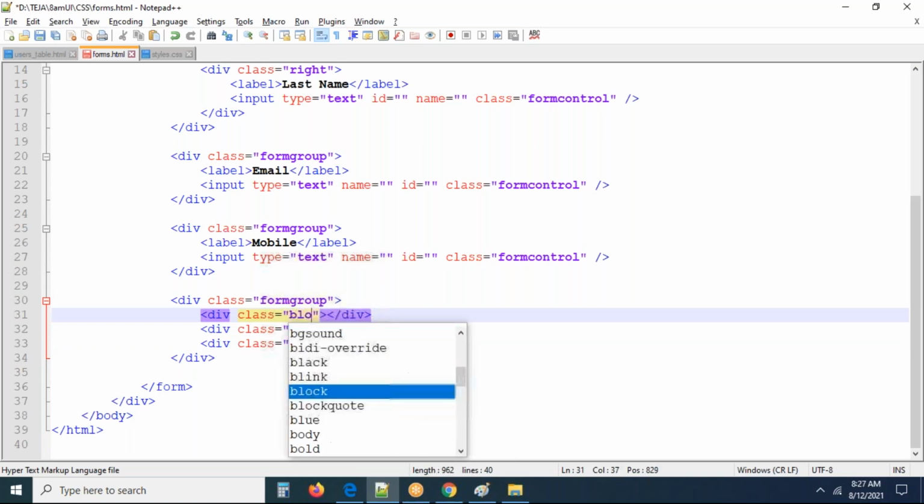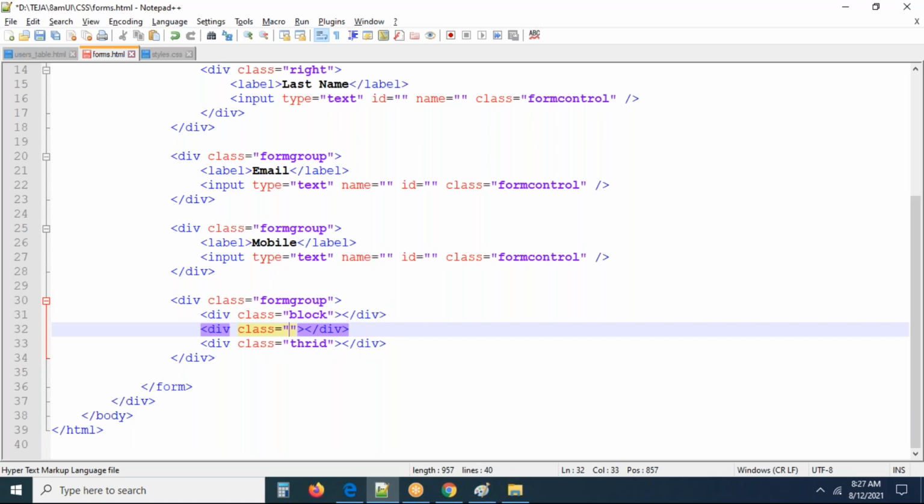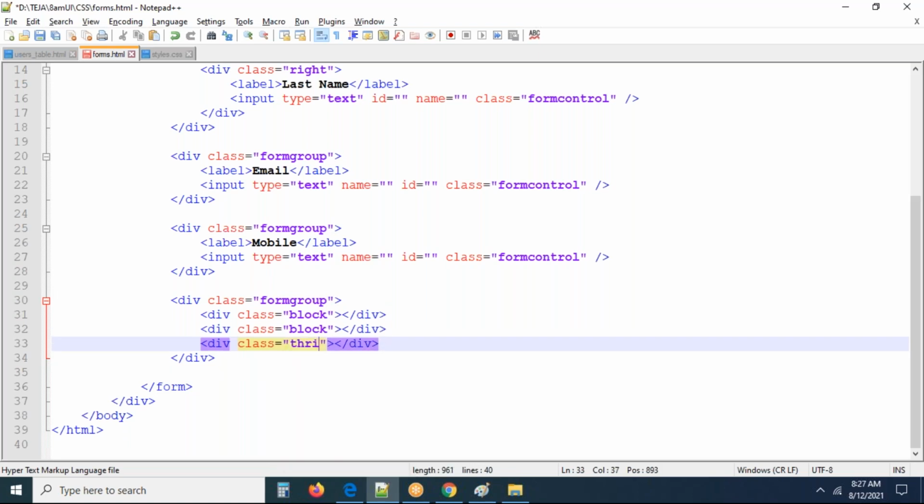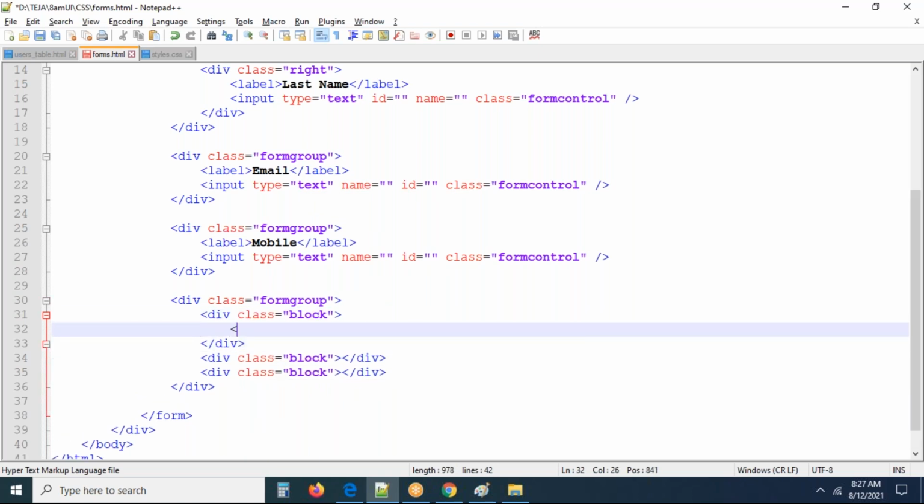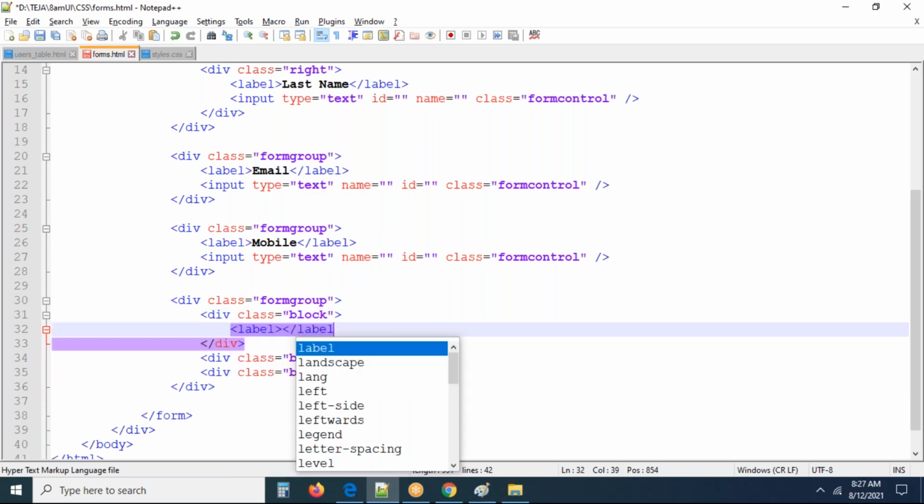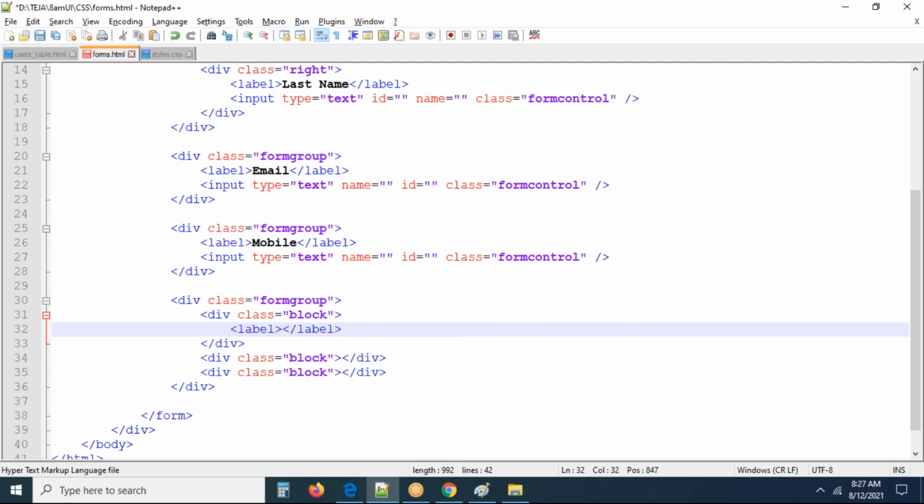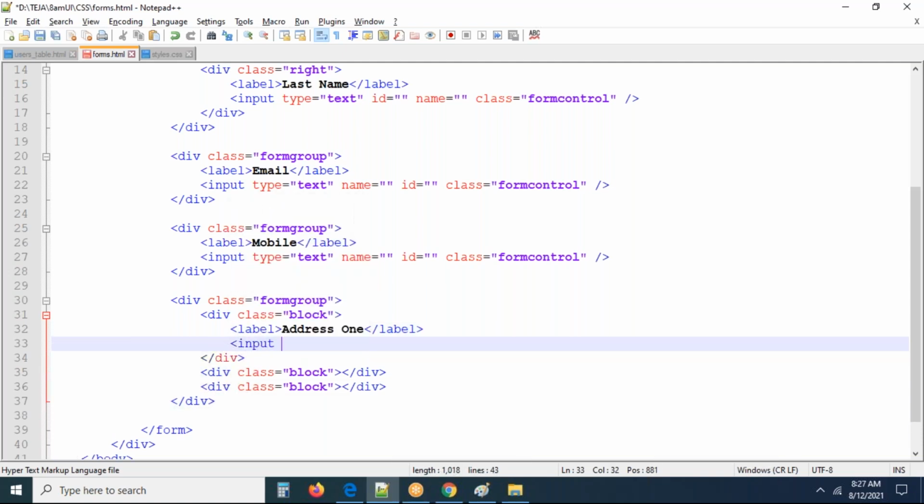Let me take the same class called block. Okay, no worries about it. If required, we can take some other class also. I want to take the same block. So here, label open, label close. In this label, we can take enter address one, address two, something like this. Let me take. So here you can see input type equal to